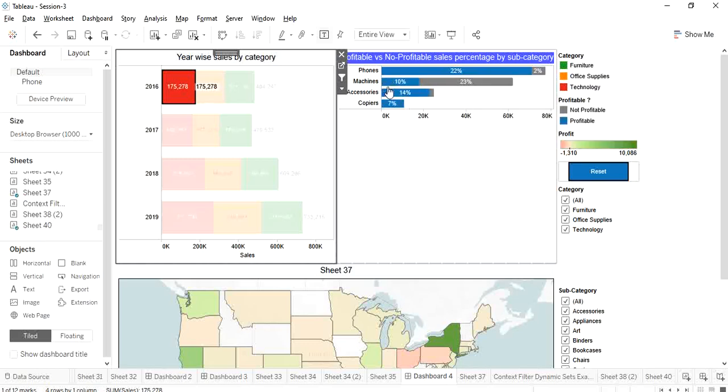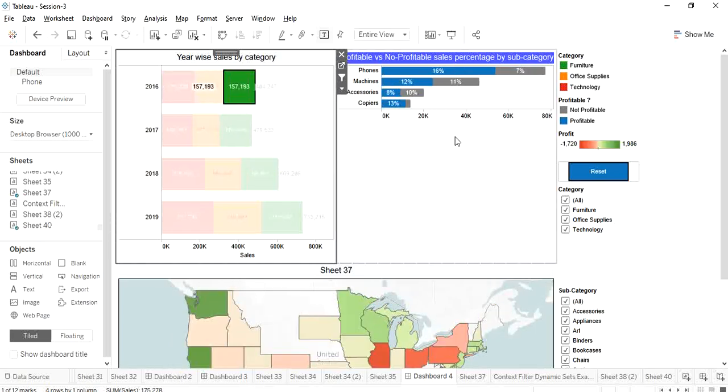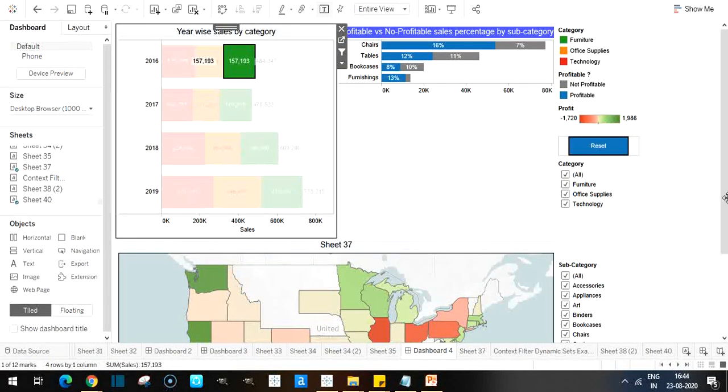10% of sales were profitable, however 23% of sales were making loss, right? So I can also look at how much we are making profit, how much we are making loss, and this is the breakup of this. Likewise, if I select, let's say, furniture, my whole data gets filtered for furniture. So now you got the breakup for the furniture, and now here we have the area chart,